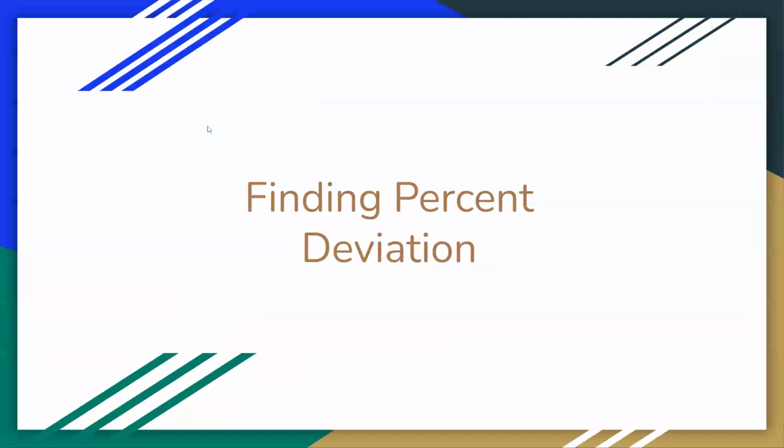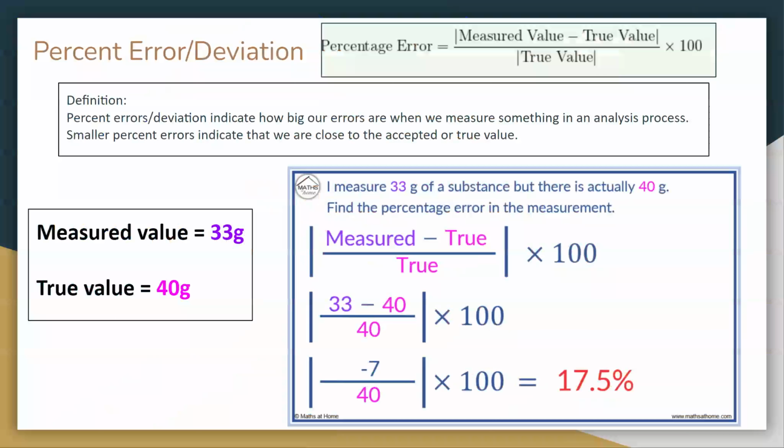Hey guys, so today we're going to try to find the percent deviation when it comes to experimenting in science. So, what does that mean? Percent errors or percent deviation indicate how big our errors are when we measure something in an analysis process, for instance, an experiment you may be conducting. So, smaller percent errors indicate that you're close to the accepted or true value of what your experimental